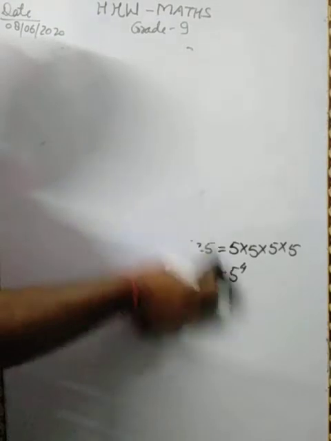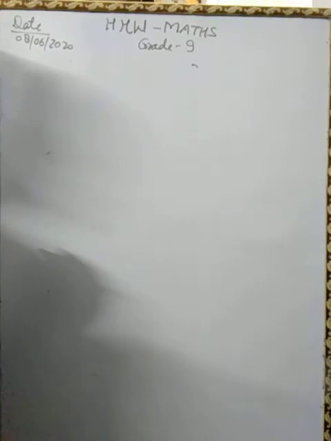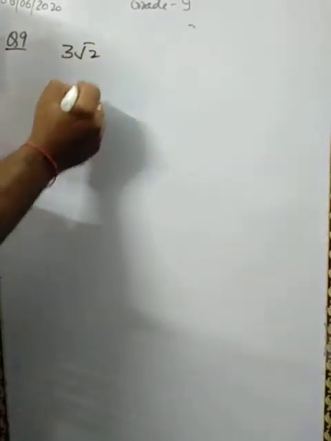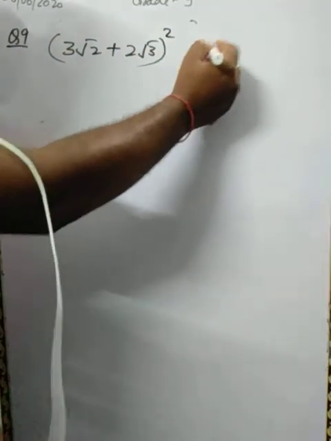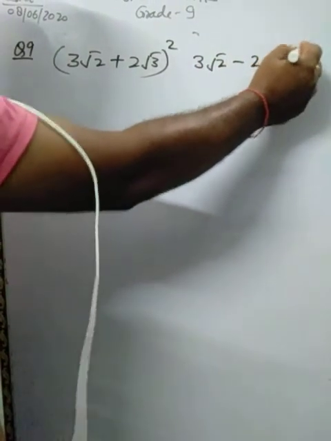When I taught that chapter to you all, I told you such questions are very important, and selected questions are given in R.S. Agarwal, right? Some questions are given in NCERT also. Very simple. It is based on simplification. So dear, this is (3 root 2 plus 2 root 3) whole square, (3 root 2 minus 2 root 3)